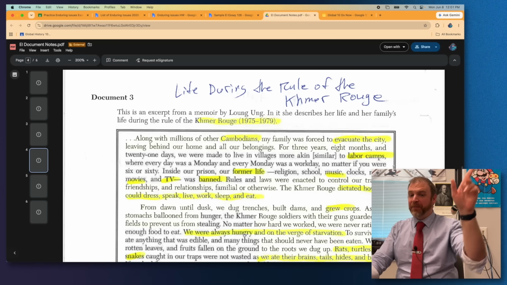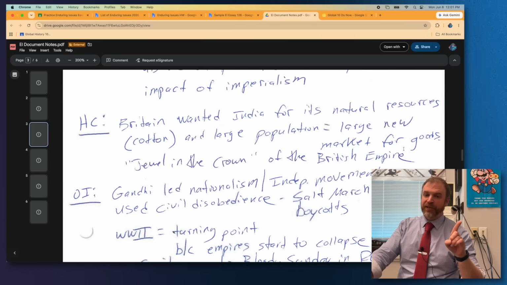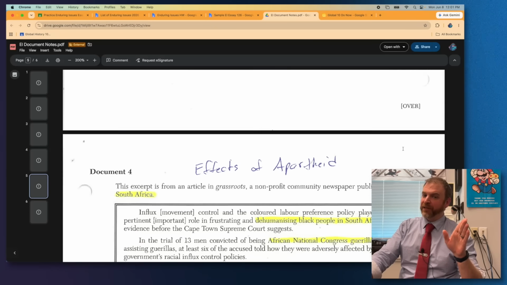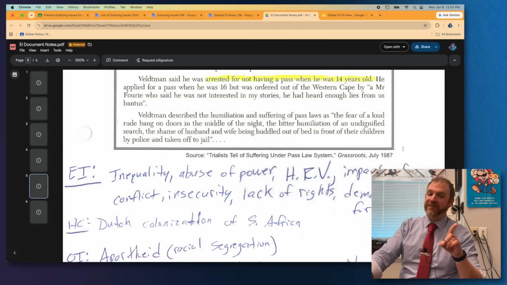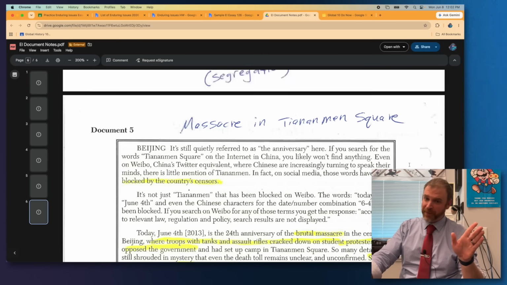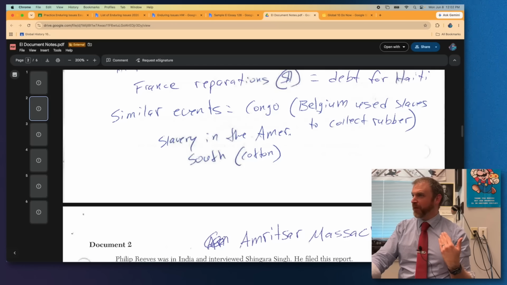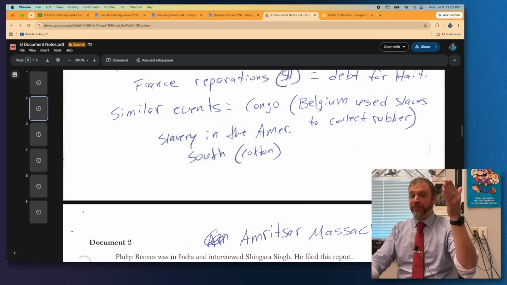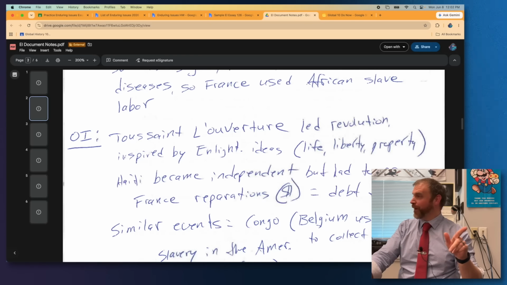However, we spent a lot of time in this class on India. We spent a significant amount of time in class on Nelson Mandela and apartheid, whether you remember it or not. And we spent a heck of a lot of time in this class on China this year. So for me, I go, okay, human rights violations is in 3 out of the 5 minimum. It's actually in 5 out of the 5. So now I'm going to choose 3 that I know the most about in terms of outside information and stuff.